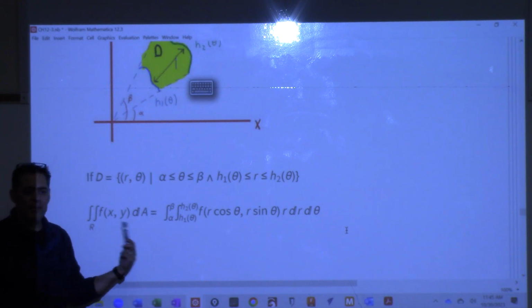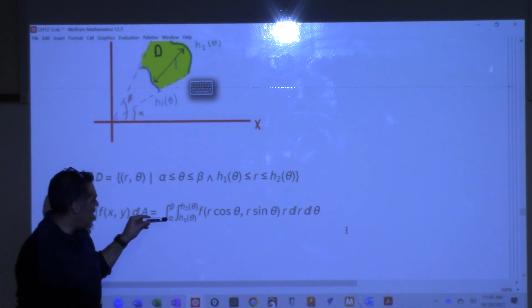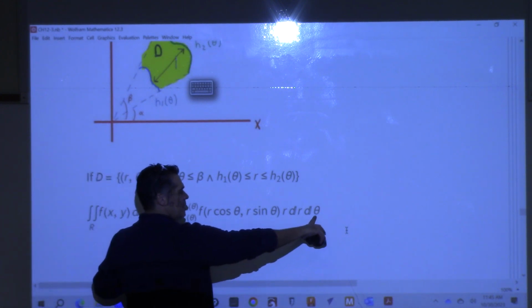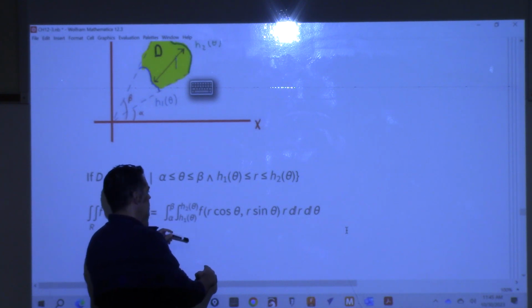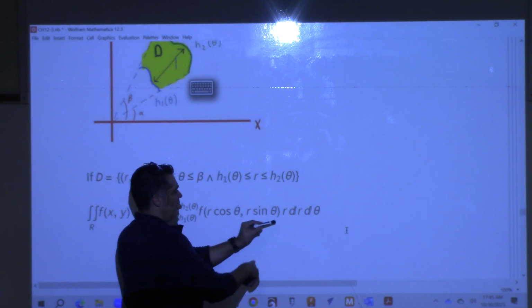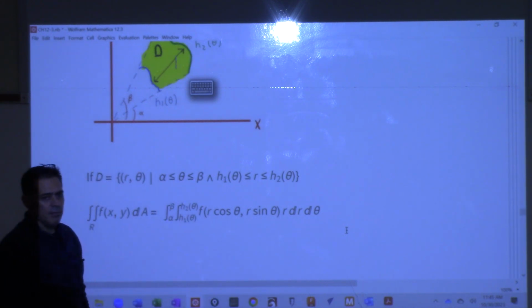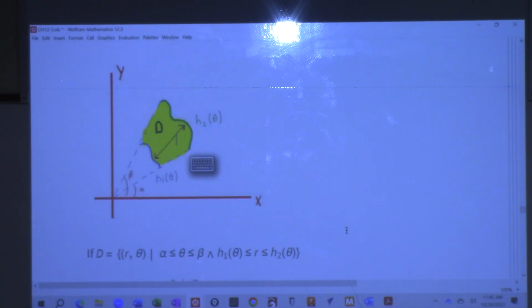And now you don't have a choice in changing the order. You must do this alpha, beta on the outside with respect to theta, and then the inside has to be your function limits on the radius, right? And then this is still converted, and you still have the r in there. So that's just to show you. I mean, it can happen. I'm going to do an example, but